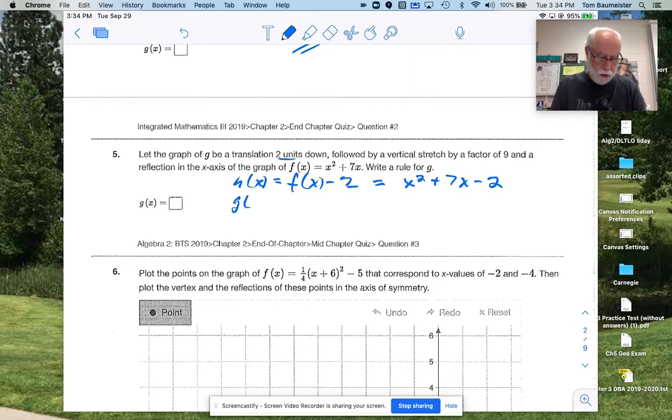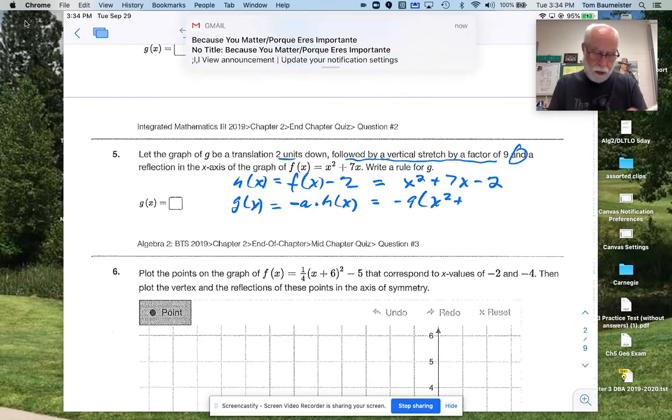Then our g of x, they're telling us the followed by, so notice how I'm going in order. It says by a factor of 9, so I'm going to take my a times the h of x, and so it says followed by a vertical stretch by a factor of 9, and that there's the keyword in, because they're doing that together, a reflection in the x-axis. So remember, in the x-axis, it puts the negative on the outside. All right, so if we look at that, then we can write this as negative 9 times x squared plus